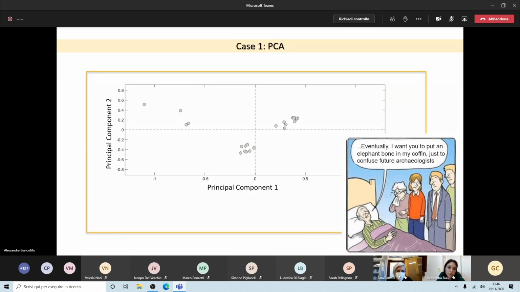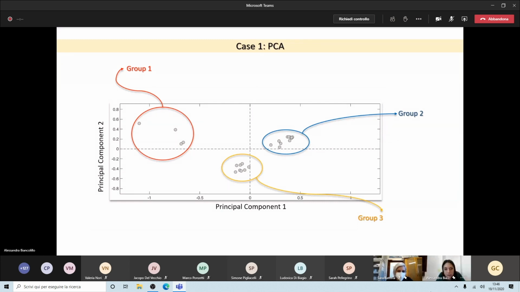So this is the score plot that we obtained. I don't know if you can see some trends, some groups in this plot. We actually did. We recognized one group in the top left part of this plot, one group in the top right part, and one group in the center.